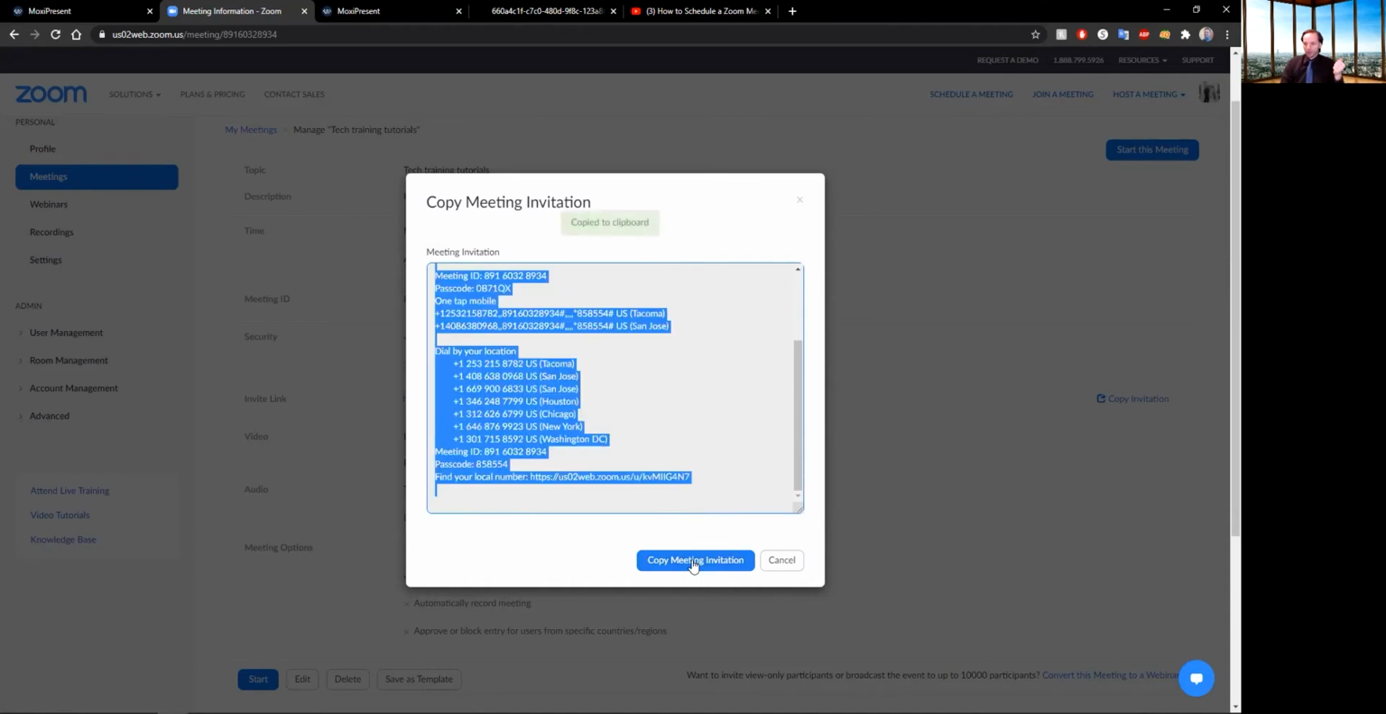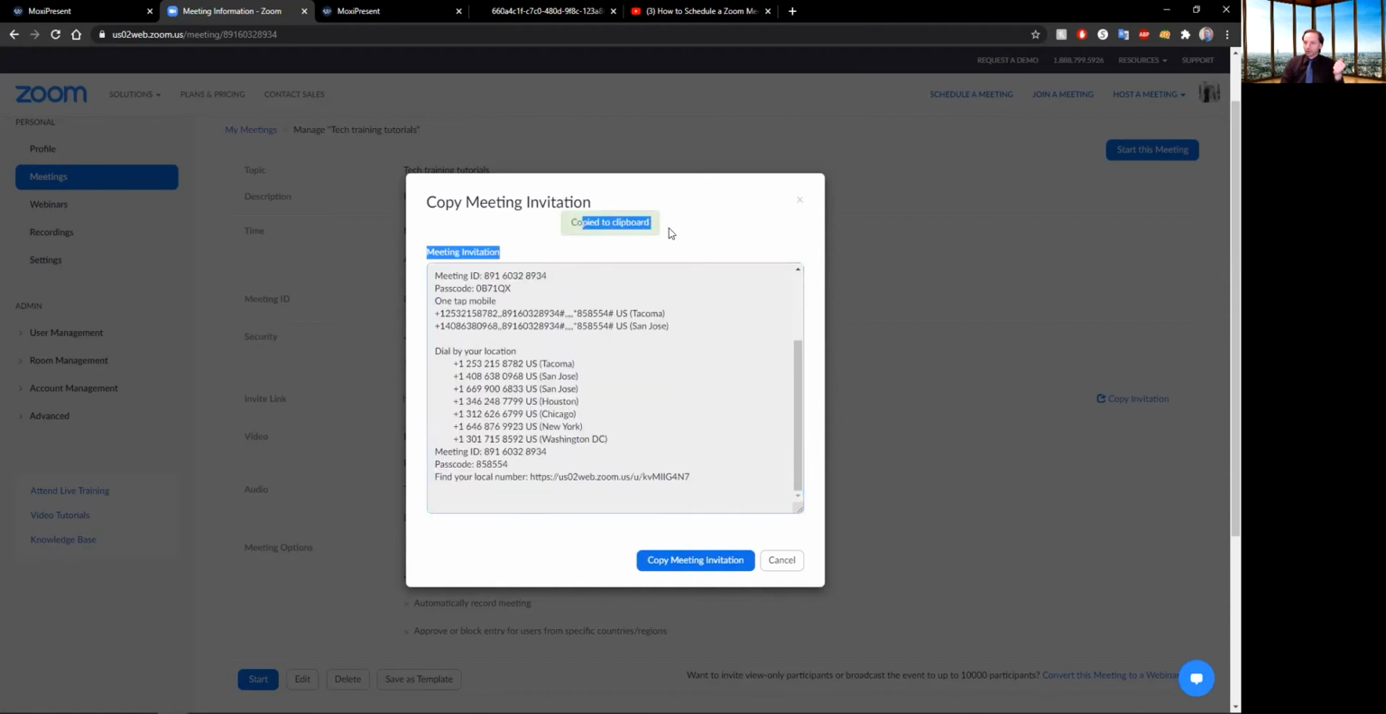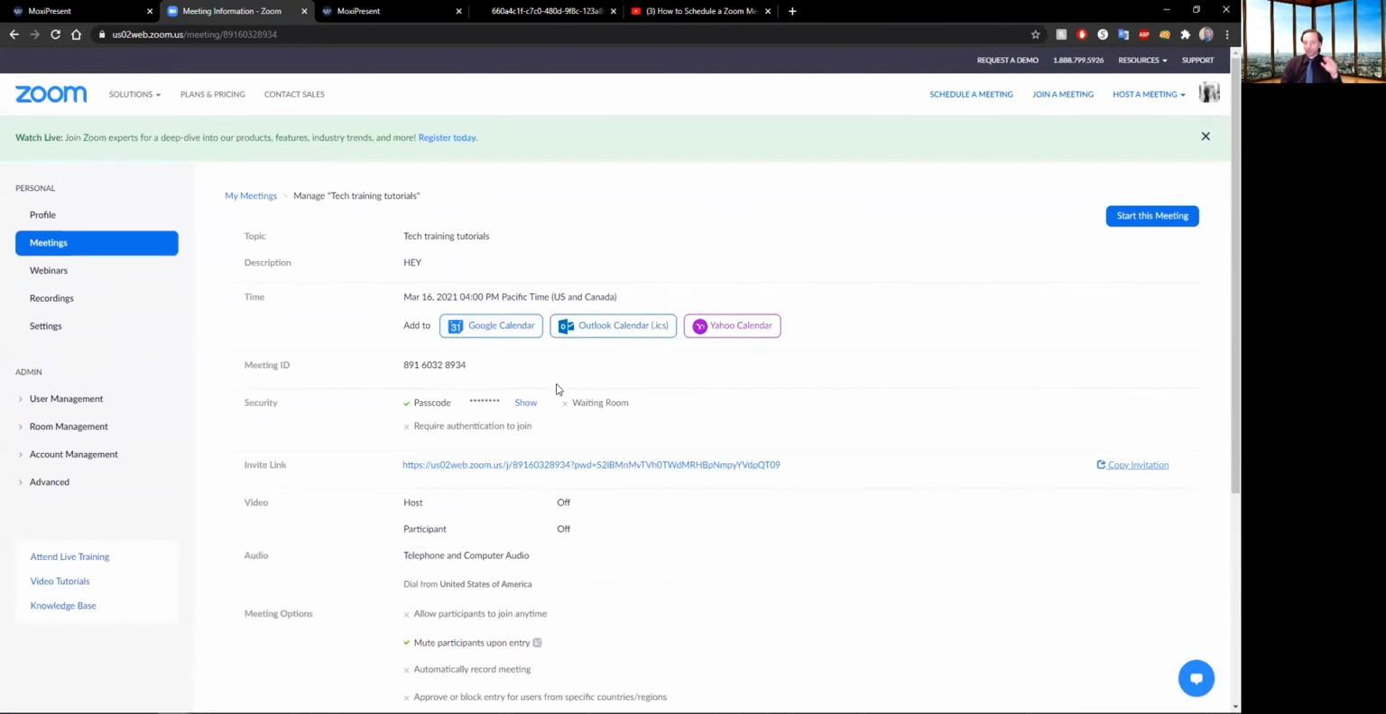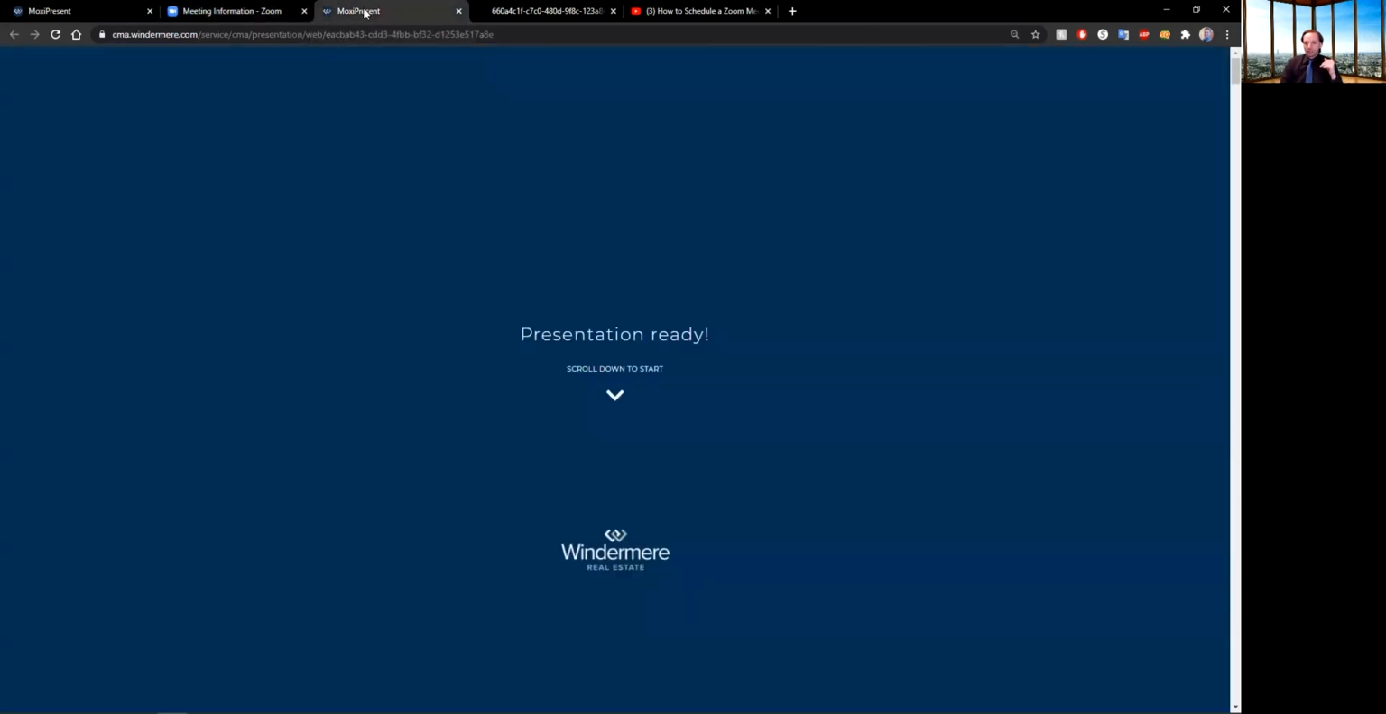You can just hit copy, and it'll give you an indication that it's copied to clipboard, and then you can just paste it into an email that you're going to send to your client. So that's basically how you set up the meeting. That's one way. You do it directly from the website once you're logged in. Now, once you're actually in the meeting,